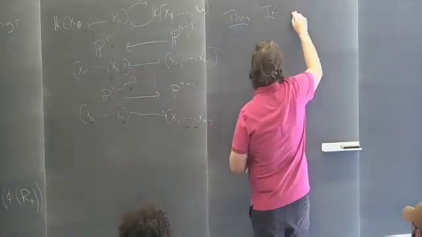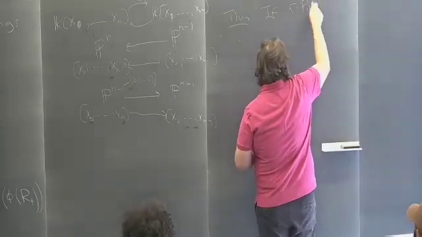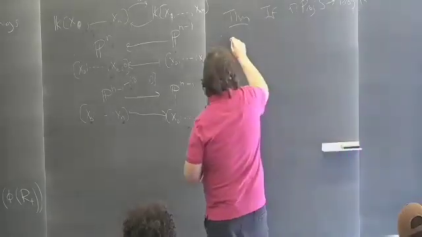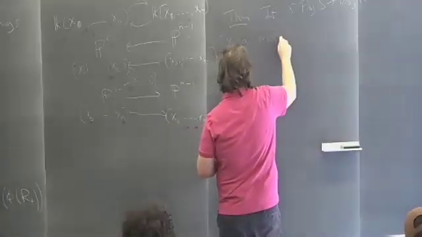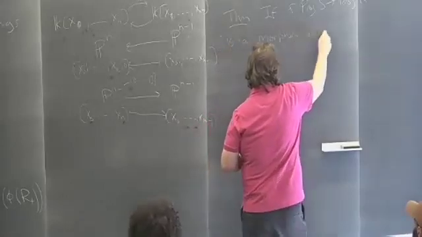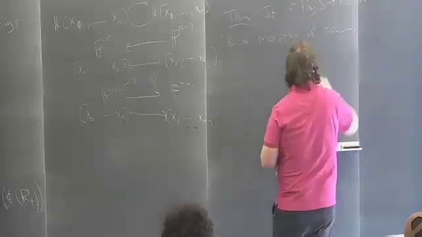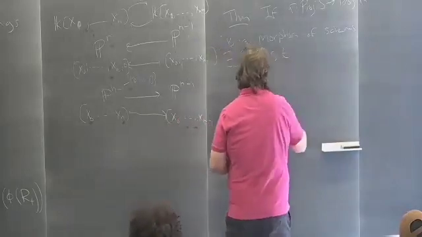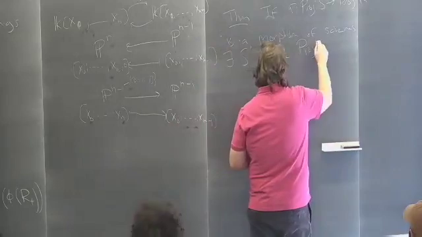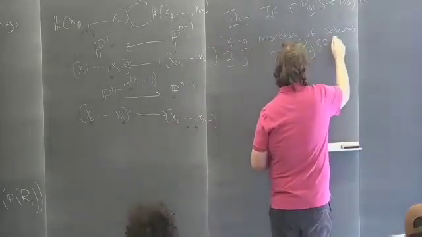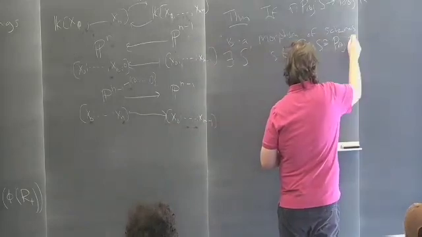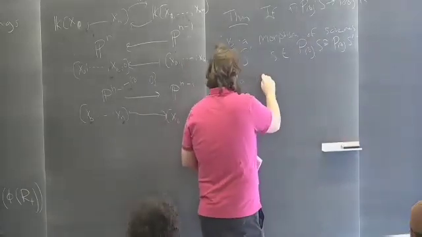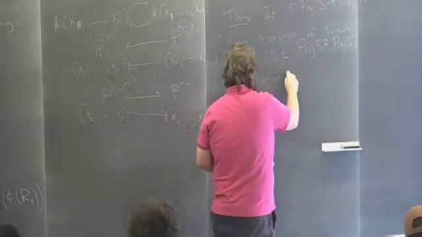If f from proj of S to proj of R is a morphism of schemes, then there exists S prime such that proj of S is isomorphic to proj of S prime, and a homomorphism